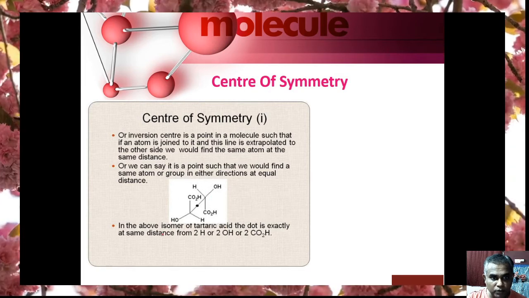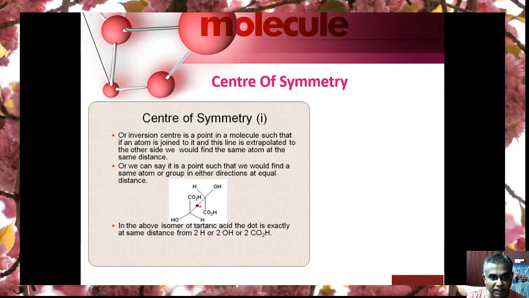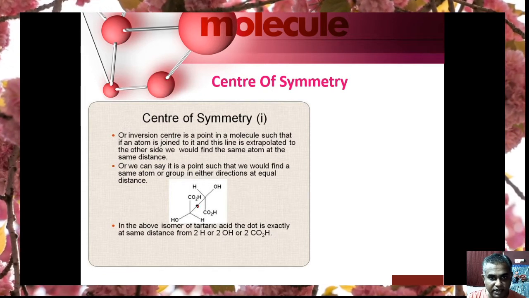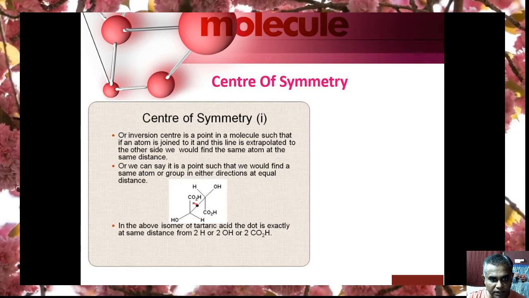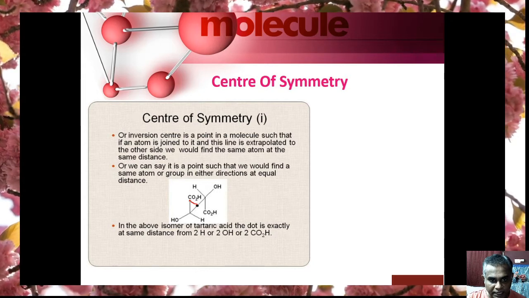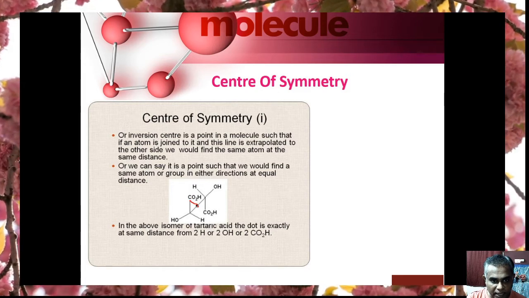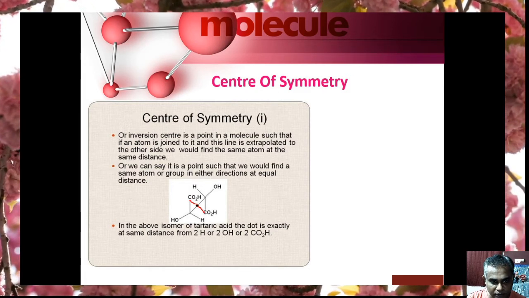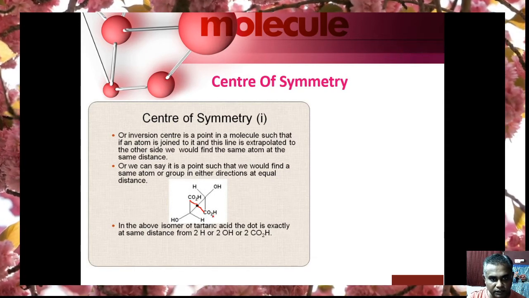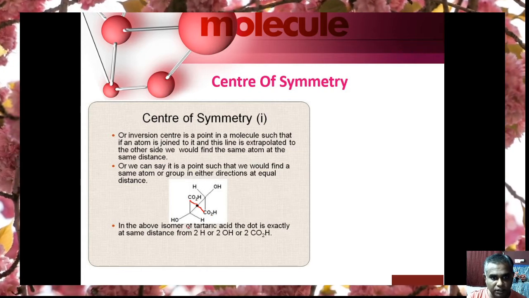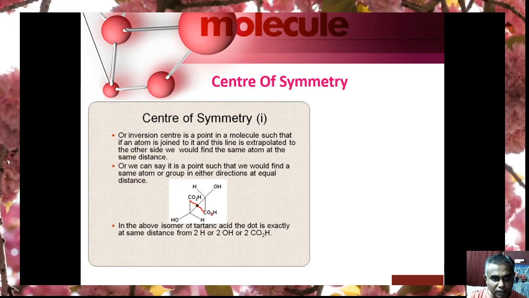Let us take this molecule. Now in this molecule, we choose a point such that if an atom is joined to it and this line is extrapolated to the other side, we find the same atom. For example, from here, if we draw a line, and the line touches this carbon of the carboxylic acid, and if we draw a similar line in the opposite direction, again we end up with a carbon which has a carboxylic acid group. If such a situation arises in the molecule, then we say this molecule has a center of symmetry,